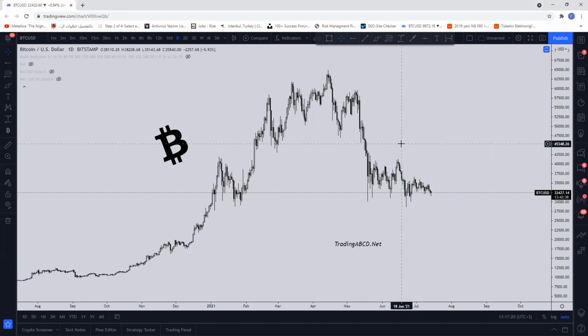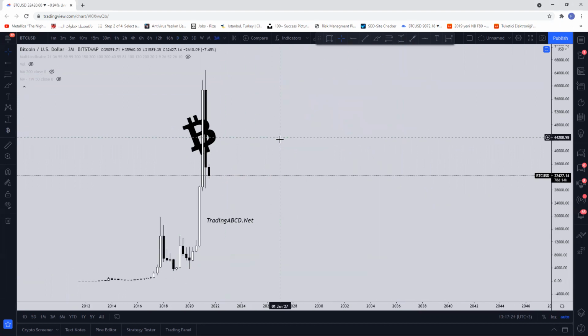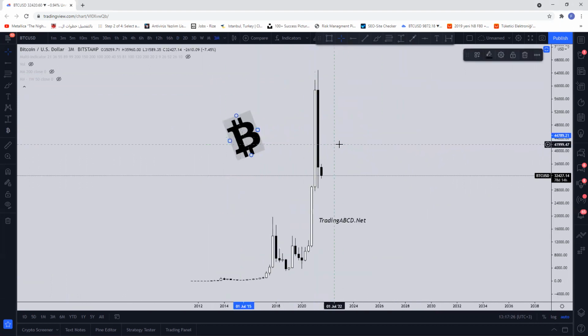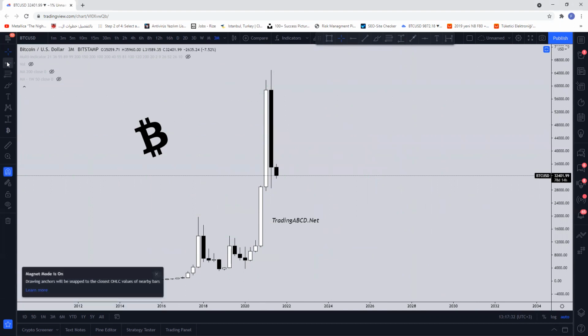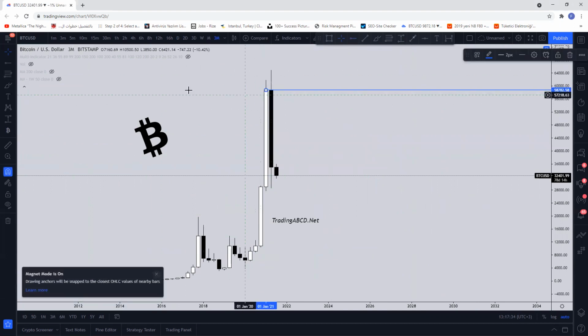So let's start breaking down the market from higher to lower time frames to realize where we are and what we are expecting here. Now we start with the quarterly chart. As usual, the higher the time frame, the more significance we have. So on the quarterly, we have this 2021 quarter one two